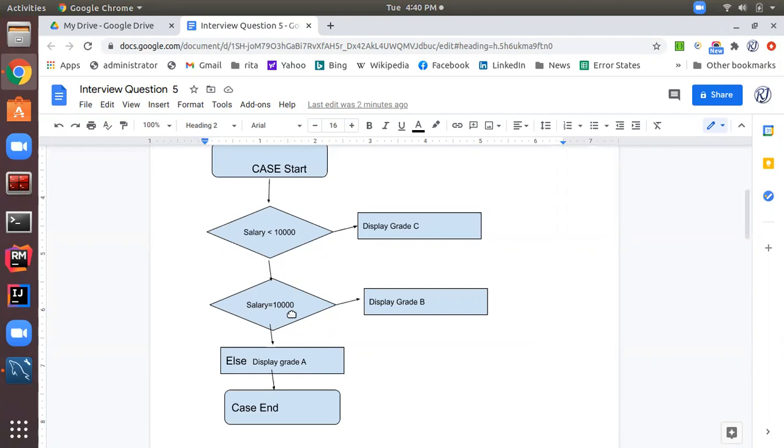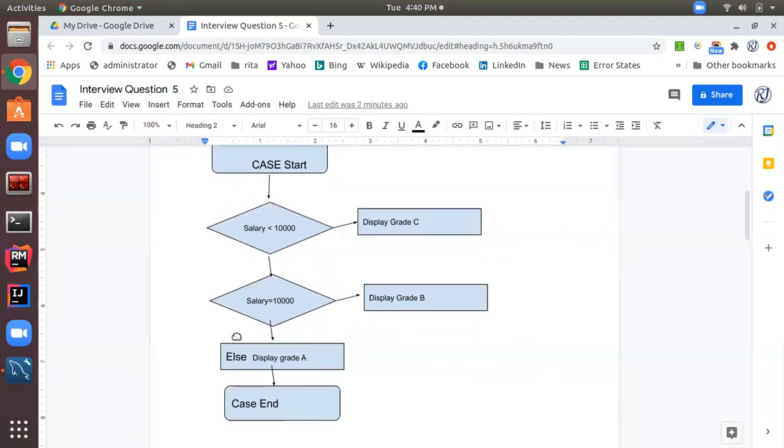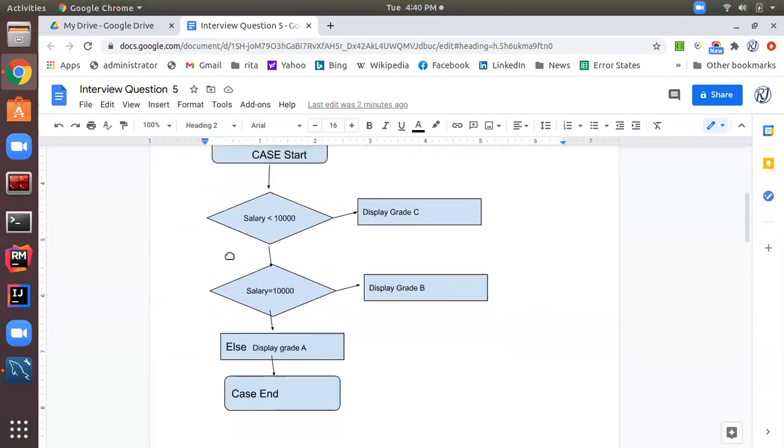If this condition is true, then it will display the grade as B. Otherwise, if both the conditions are false, then only it will come to the else part of the case statement, that is display grade A. That means salary greater than 10,000, it will display the grade as A. And here is the case end statement. So this is how the case statement in SQL works.